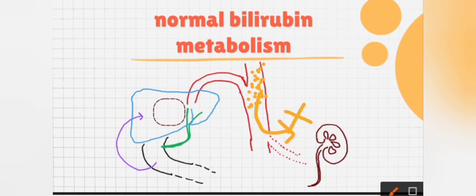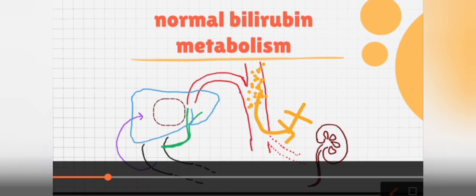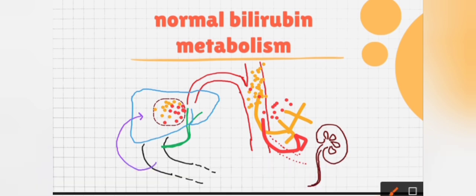The next one is hepatic. In hepatic, a few molecules would be conjugated, a few would be unconjugated. So due to conjugated bilirubin, these conjugated molecules would be appearing in urine, and that would be imparting a dark yellow color. While in case of obstructive jaundice, what occurs is if there is obstruction over here,